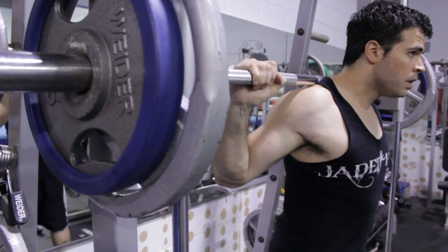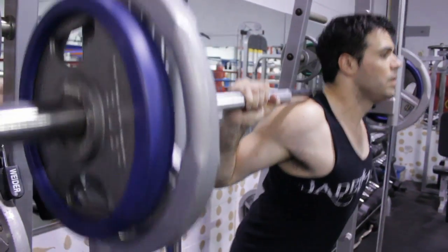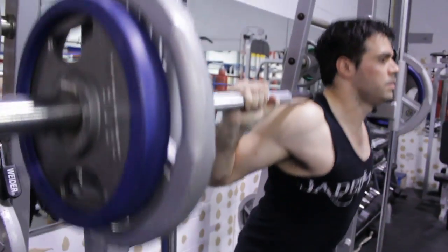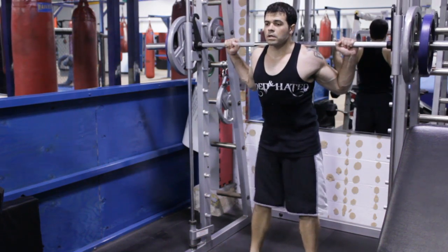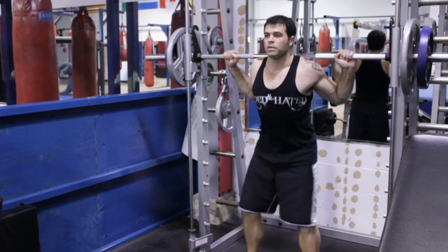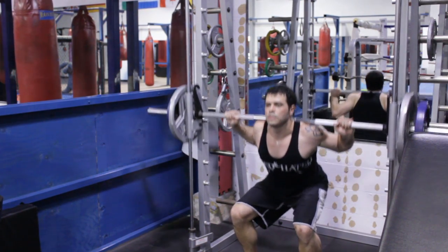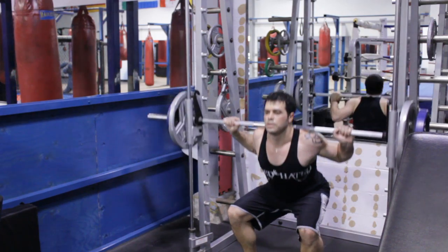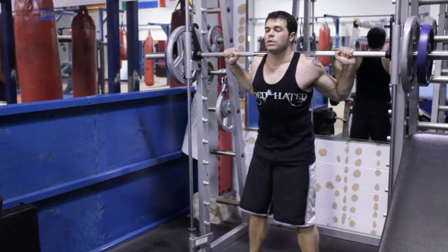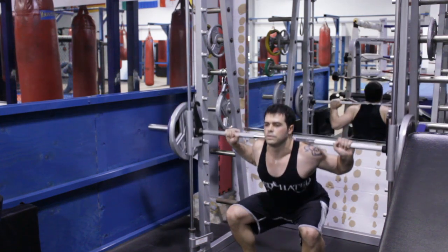All right, guys, the first exercise I want to get into here is a very important one. It takes a lot of energy to do it, and it will actually work very, very fast for you if you keep up this workout. It is the squat. The squat works out every muscle in your body, either as a primary or a secondary muscle. What's great about this is it's actually using your own body weight plus another set of body weight against you, so that you can train your body to be a little bit more adept and advanced to a lot of acceptable damage and or weight that's going to be put upon you,